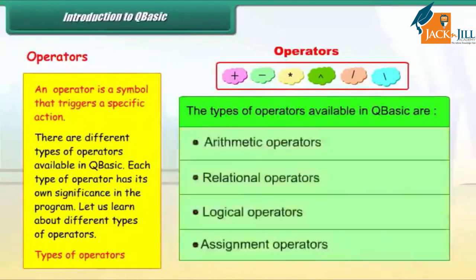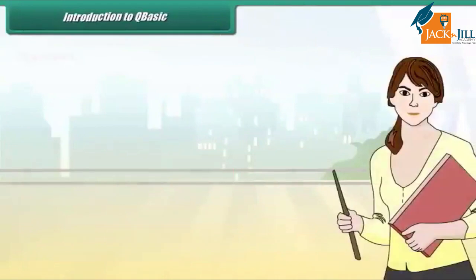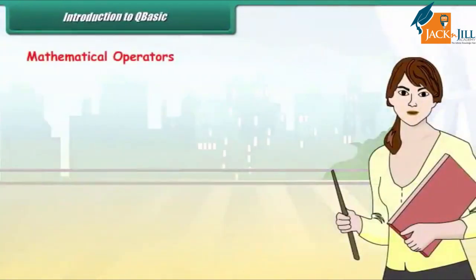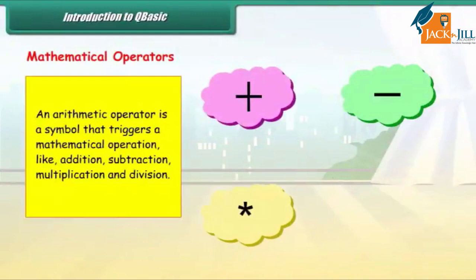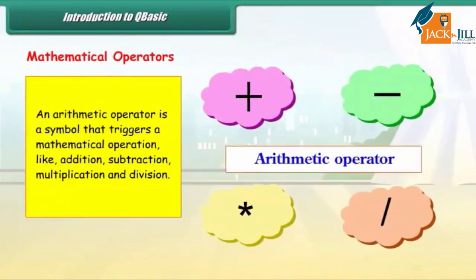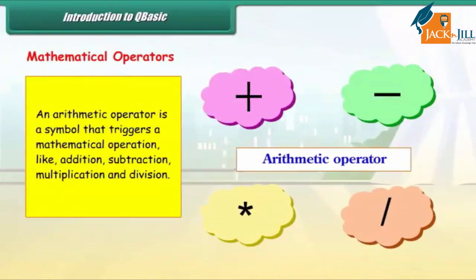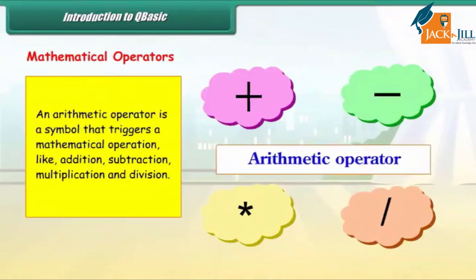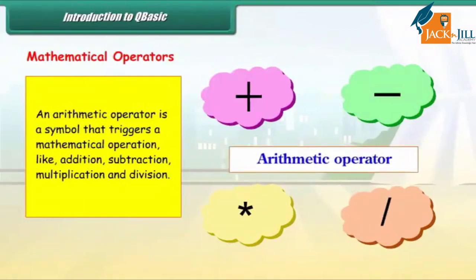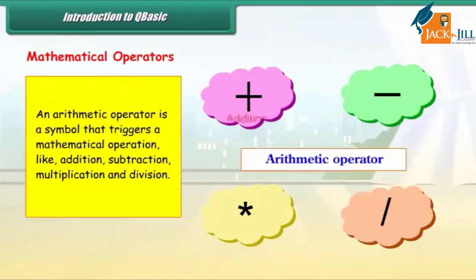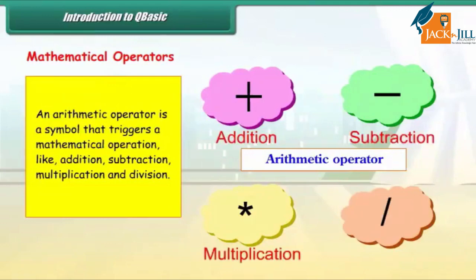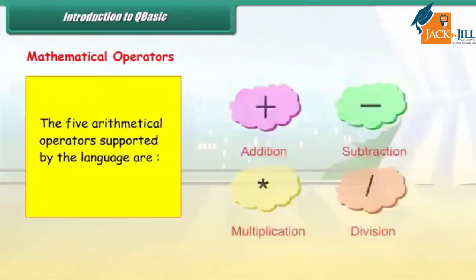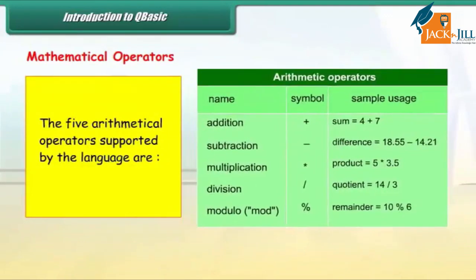Types of operators. Mathematical operators. An arithmetic operator is a symbol that triggers a mathematical operation like addition, subtraction, multiplication, and division. The 5 arithmetical operators supported by the language are: